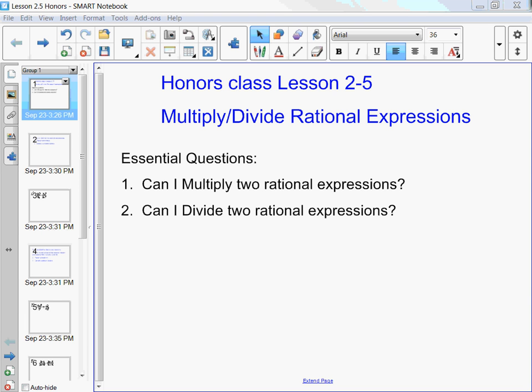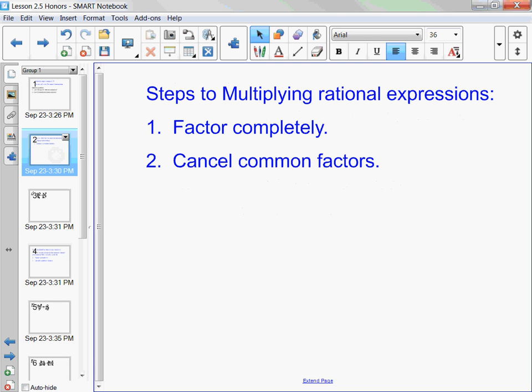Okay, so we want to be able to multiply and divide rational expressions. Here are the steps. We're going to start with multiplying rational expressions. Here are the steps for multiplying rational expressions. Number 1, factor completely. Number 2, cancel the common factors. It's pretty simple. If you had something like 4/9